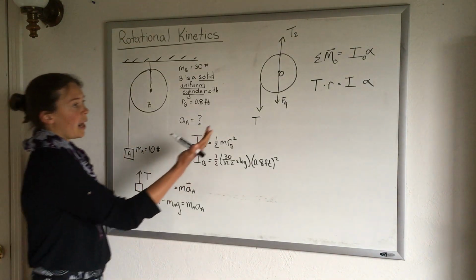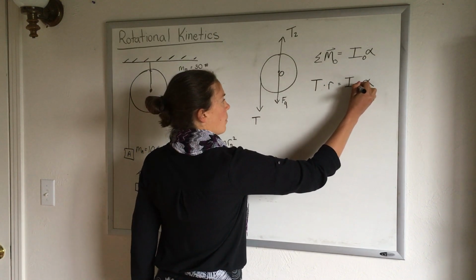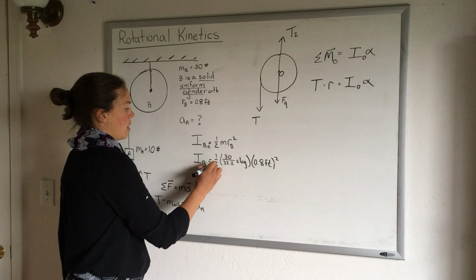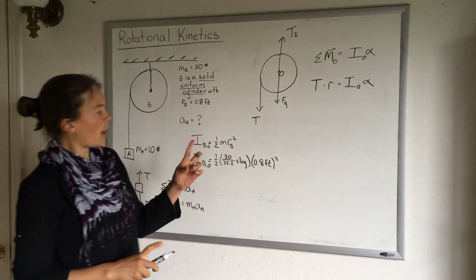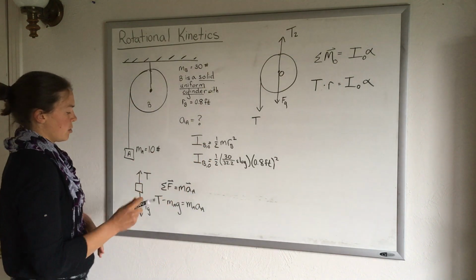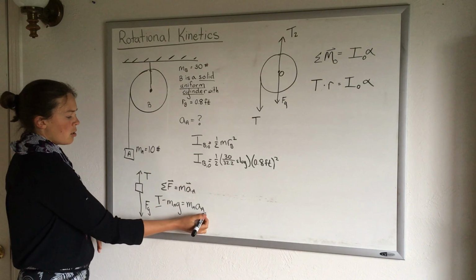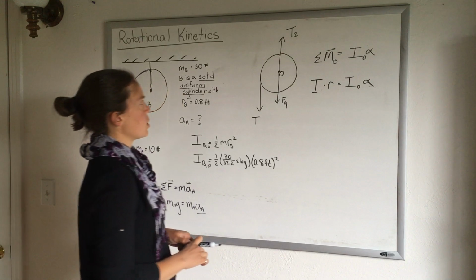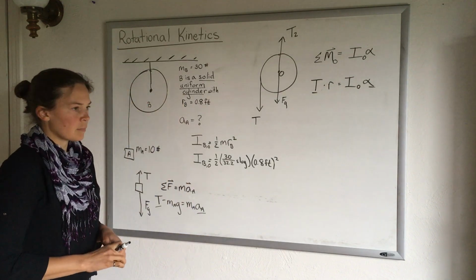All right, so now I know my I about the center for B. And so I still have 3 unknowns here. I have an unknown tension force, an unknown acceleration of A, and an unknown angular acceleration of the cylinder B. But